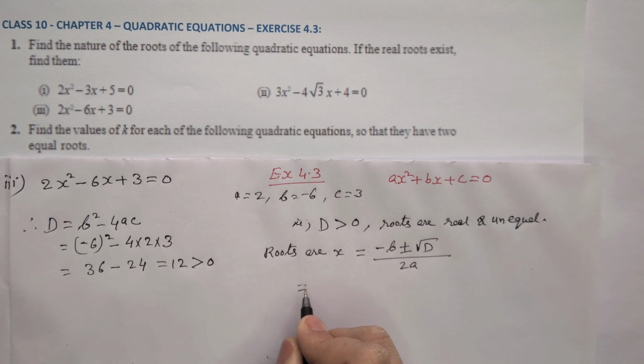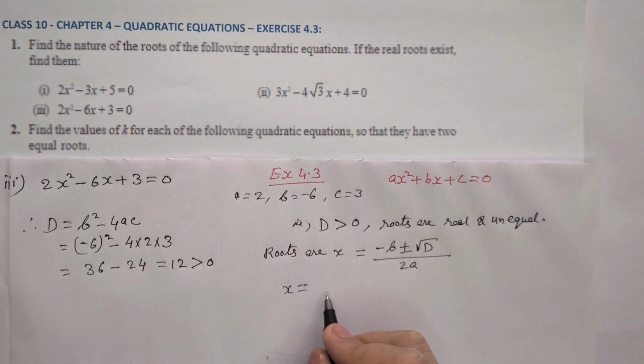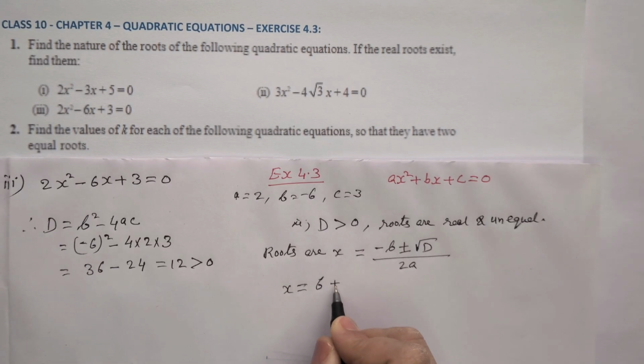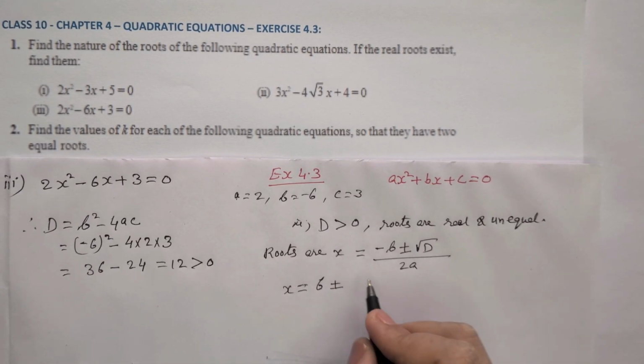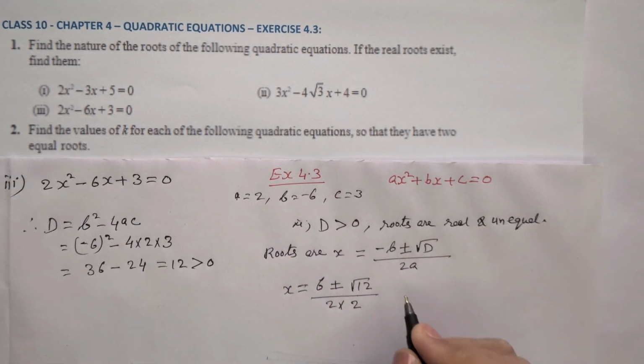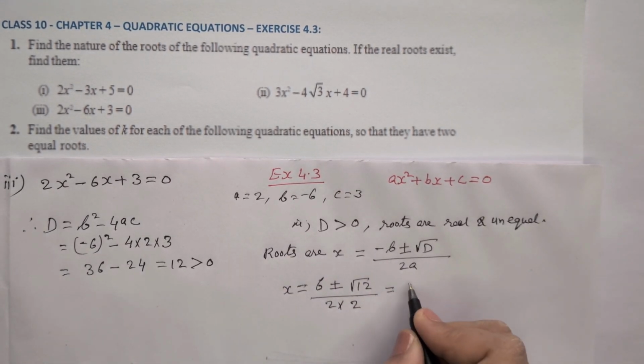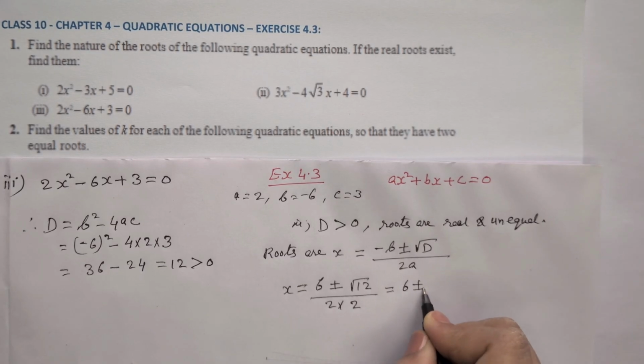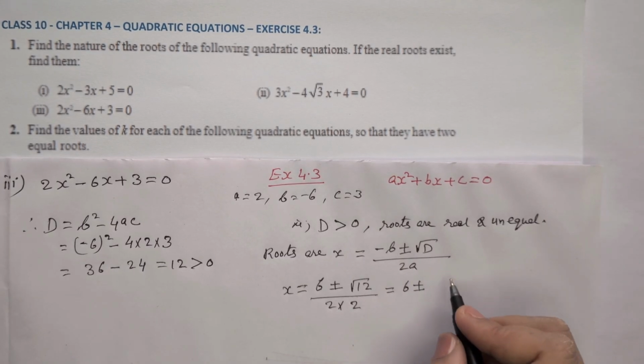That means x is equal to −b, that is 6, plus or minus √12 by 2 into a is 2, which is equal to 6 plus or minus √12, we can write as 2√3,